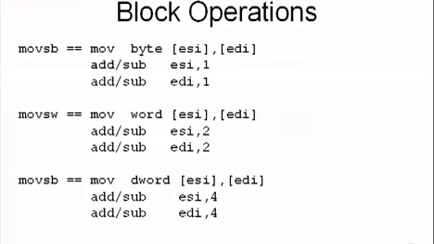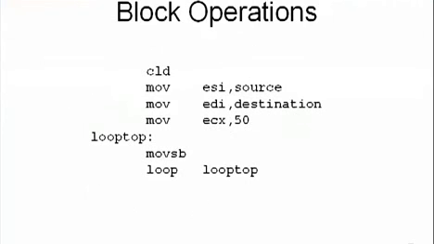If you just need to copy a block of memory from one location to another, you can use one of the move instructions. They actually copy directly from one memory location to another without bothering to put the value into a register. Look at this. This code does exactly the same thing as the previous example. The only difference is that the load and store instructions have been replaced by a single move instruction. In this example, the AL register is not involved. More about all this in the next